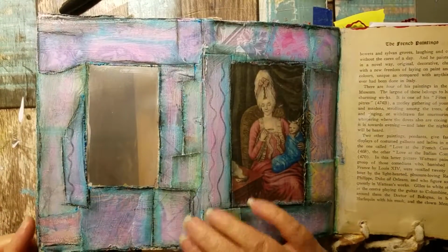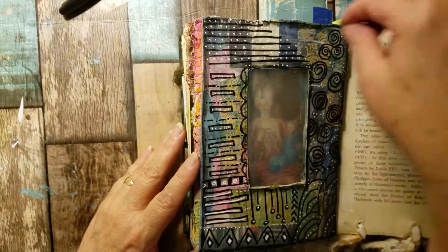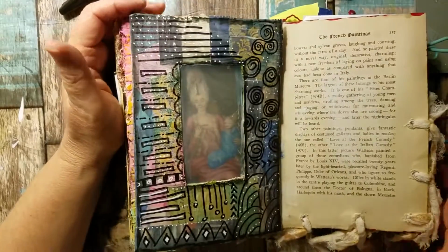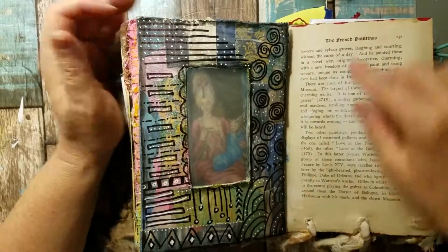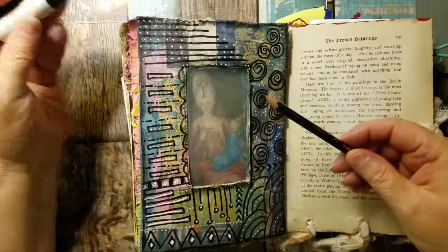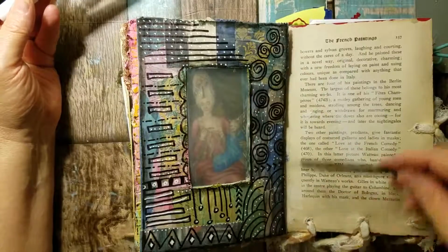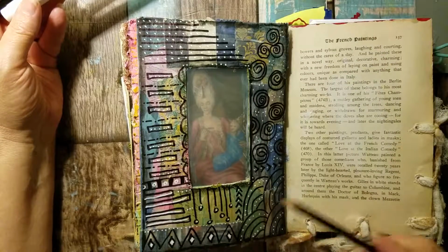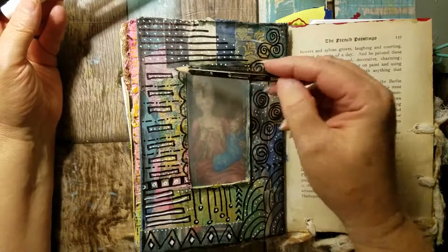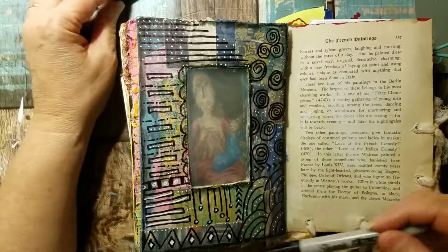So the outside, all I decided to do was go ahead and do the collage work, and then I painted it with a light coating of gesso. And now I'm just doing doodles. I'm using a Sharpie and a Posca pen. I used my Stabilo. I went around my edges with my Stabilo. Okay, and I did just a few random places of the seams with the Stabilo, and now